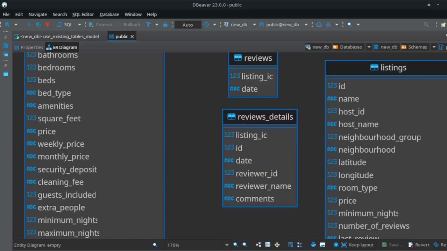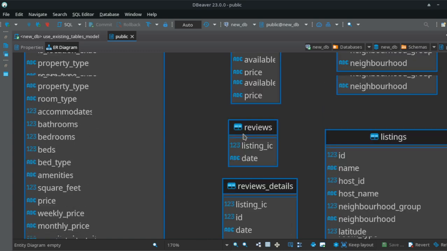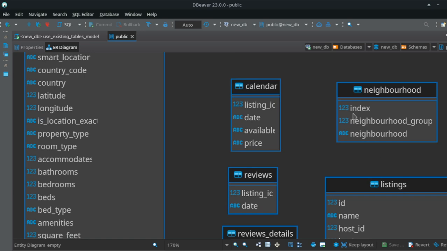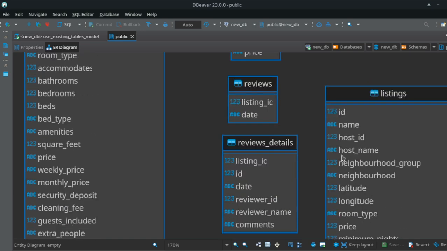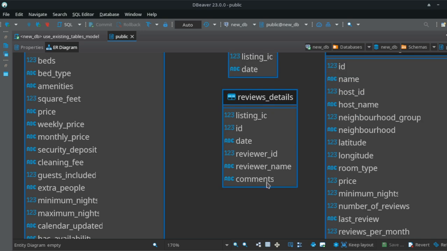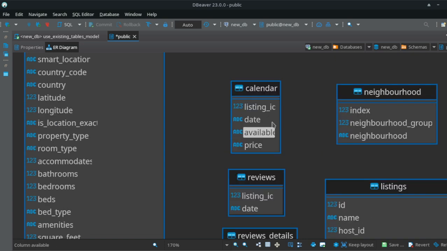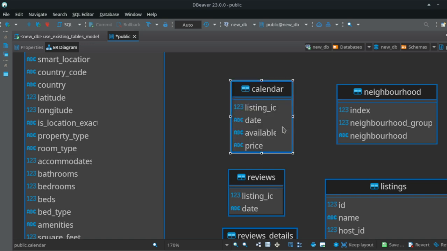So the listings table has got the necessary columns here: the ID, name, host ID, host name, neighborhood, all these things. So neighborhood is a separate dimension table. Host ID, host name is again a separate dimension table. The reviewer details are again a separate dimension table. You can see all these tables separately here. And also, most importantly, the calendar table. This calendar table has got the listing ID, and it has the date available and the price based on the date